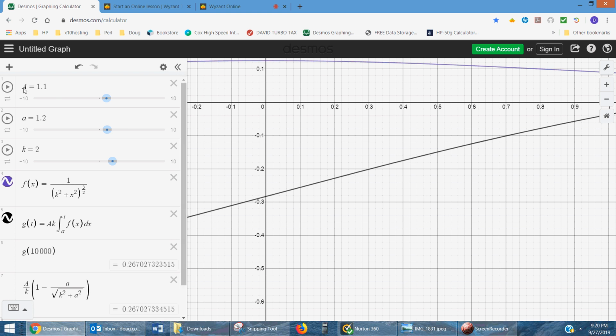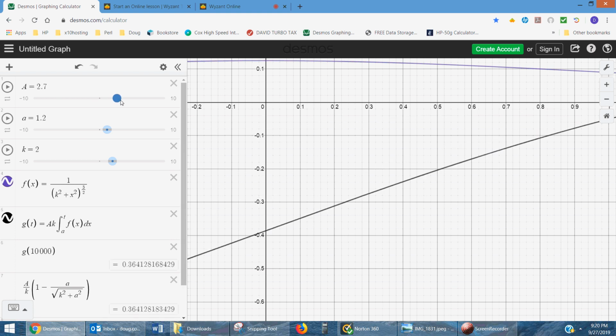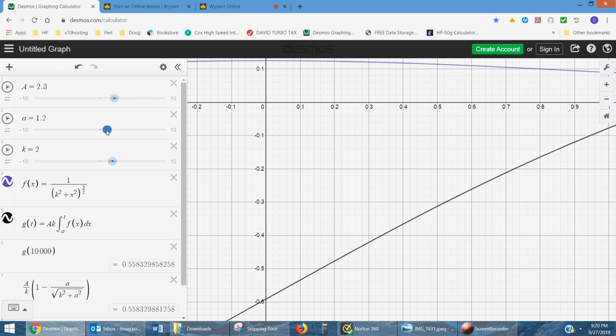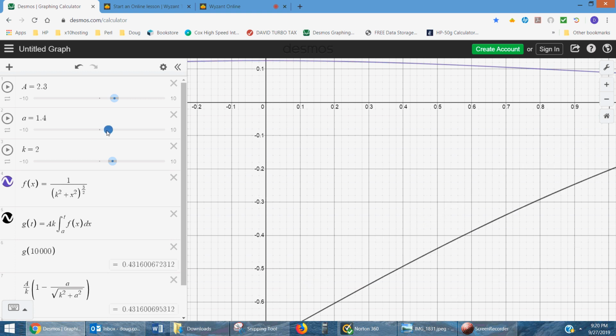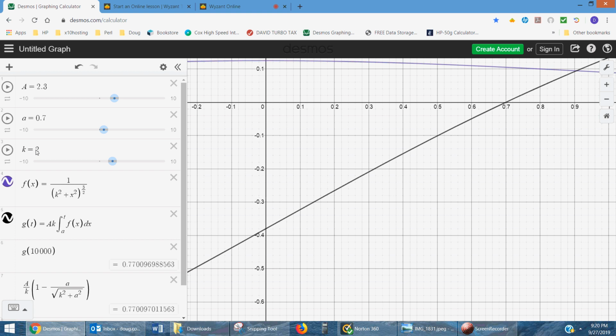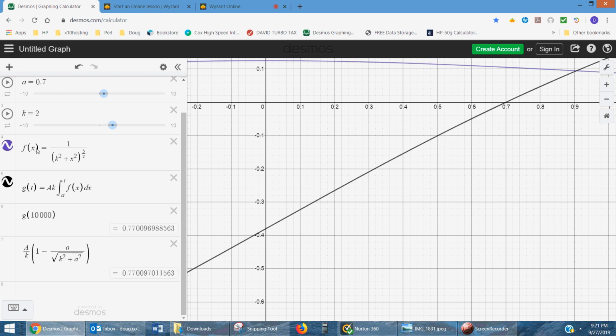I've set variables A is 1.1, although I can change it with a slider, and little a is 1.2, although I can change it, and K I used instead of the letter R because Desmos treats R as something special. I've defined f of x as 1 over the quantity k squared plus x squared to the 3/2 power, and I've defined g of t as, here's your problem, a times k times the definite integral from a to t, which is going to be infinity, of this f of x